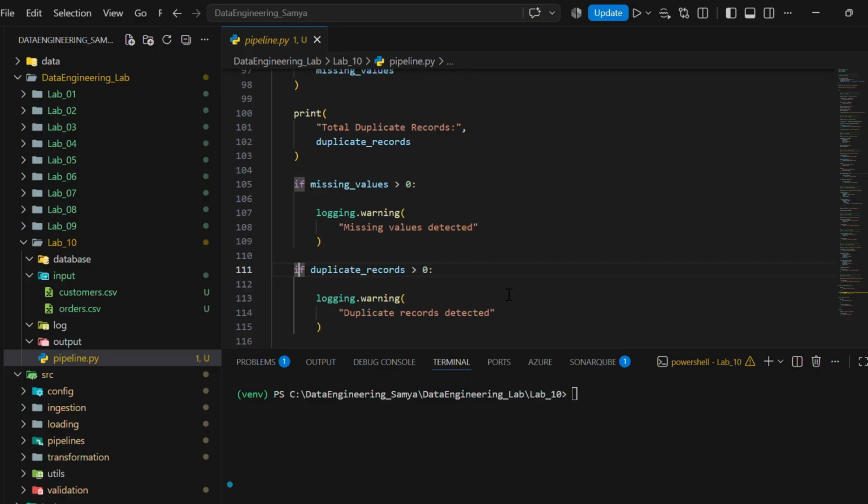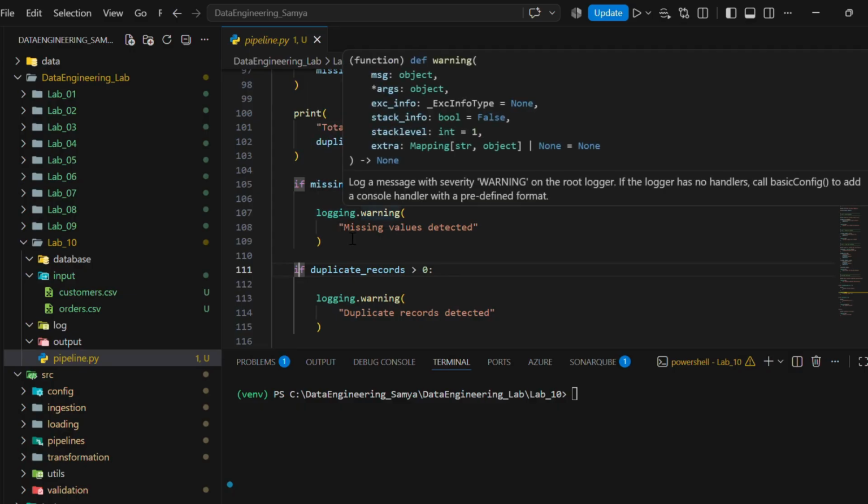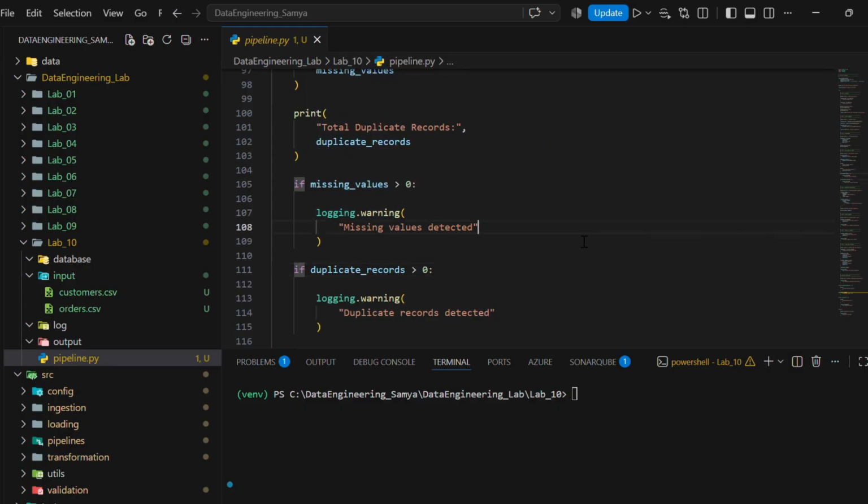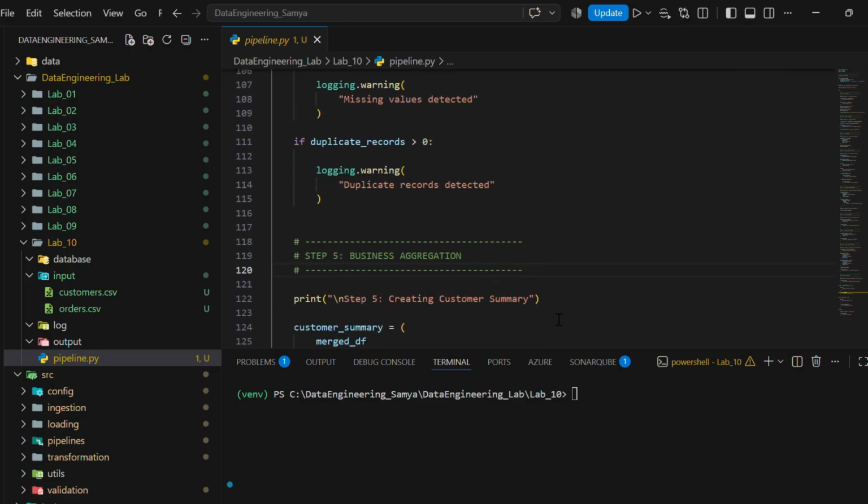Next here we are implementing the logic. If missing values are greater than 0, in the logging portion there will be a warning message that missing values detected. Similarly, we are also using if duplicate records are greater than 0, the log will be written as the warning duplicate records detected. This log will be very helpful in a real life scenario also, because if any pipeline fails, we can track the actual reason and from which line the pipeline actually failed. So in the real life scenario also, logging is very important to track any error